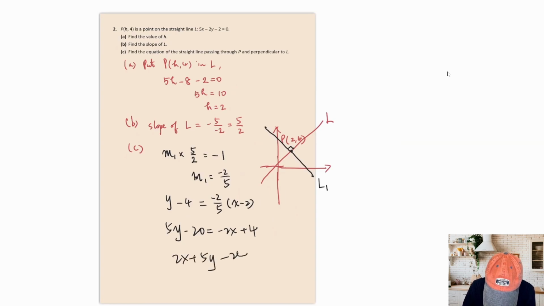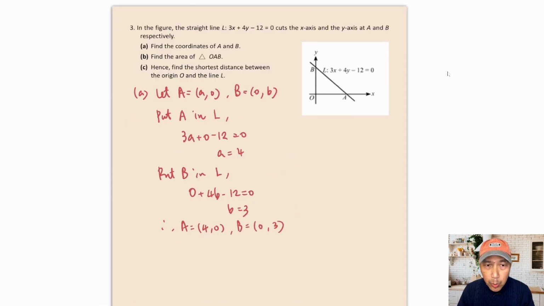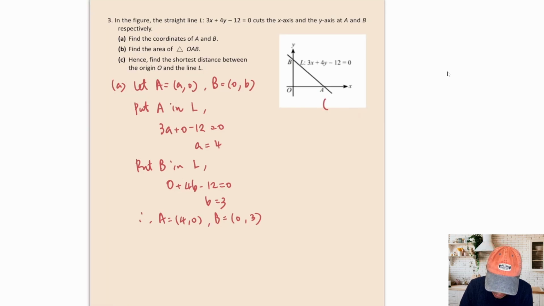And minus 24. Okay, this line is the required line. Next question. In the figure, the straight line L cuts the x-axis and the y-axis at A and B respectively. In part A, we are going to find the coordinates of A and B. As we have learned how to find the x-intercept and y-intercept in a previous episode, I have done the steps of part A. Okay, assume that the coordinates of A are